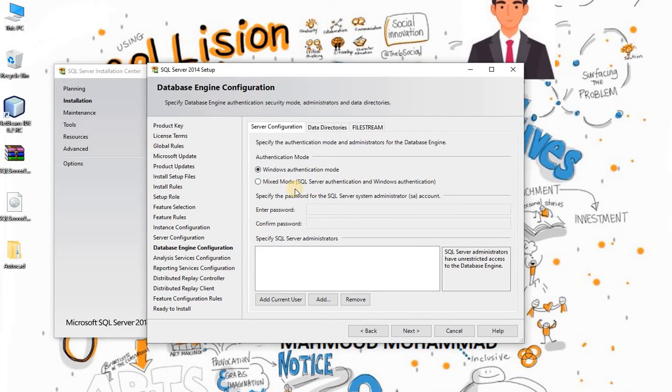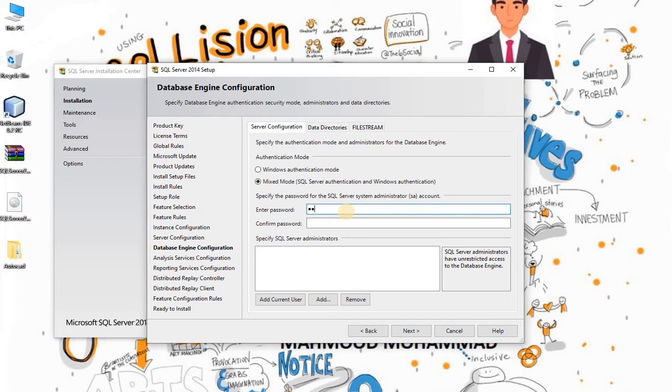Now you have the authentication modes, the database engine configuration. In this page I will select mixed mode, because when you select mixed mode you have a provision to access the database engine either with a Windows administrator account or the system administrator account of SQL Server, which we call SA. So you have to provide a password.